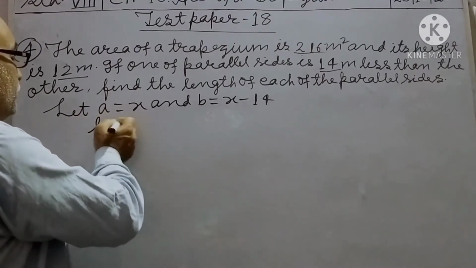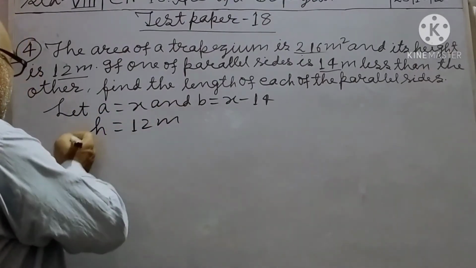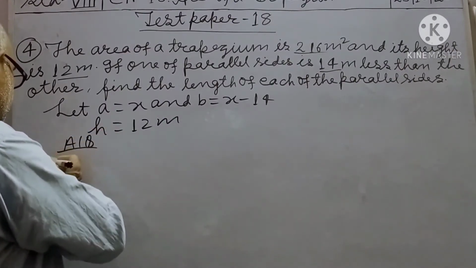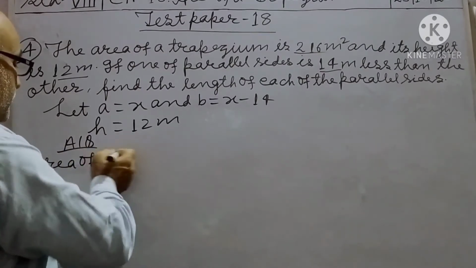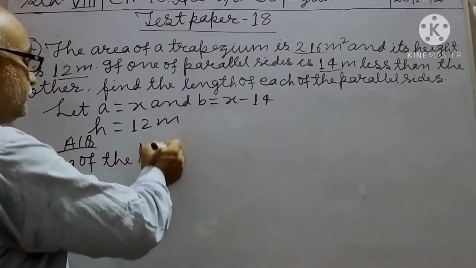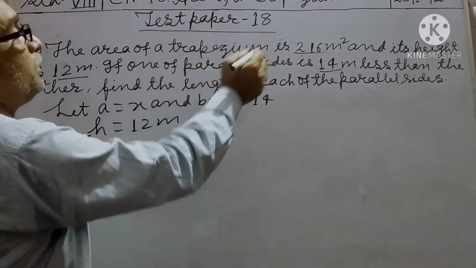Height h equal to 12 meter. According to the question, area of the trapezium equal to